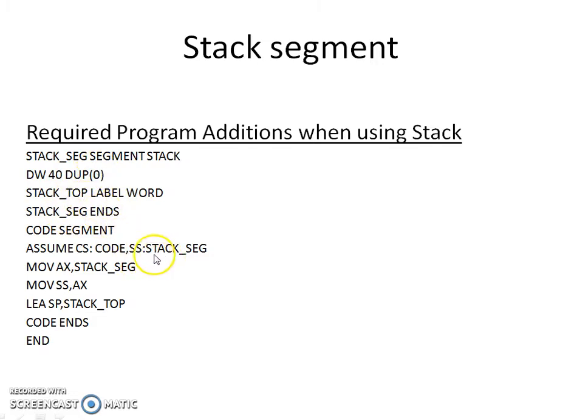And in the code segment, you are initializing the SS register, the stack segment base register, with the address of the stack segment, and you are loading the address of the stack top into the stack pointer register. That means this part of the code is required to initialize the stack segment base register SS as well as the stack pointer register SP. So SS and SP are used together to access a stack. You can access the stack using the base register as well as the offset register SP. So this is how you can initialize the stack segment when you are going to use a procedure in your main program.